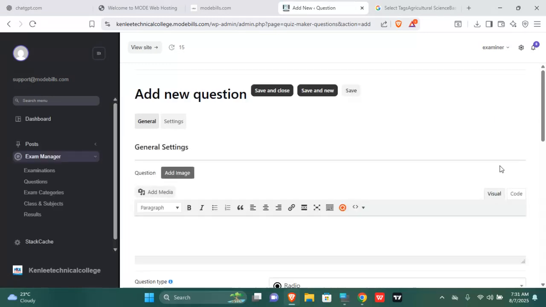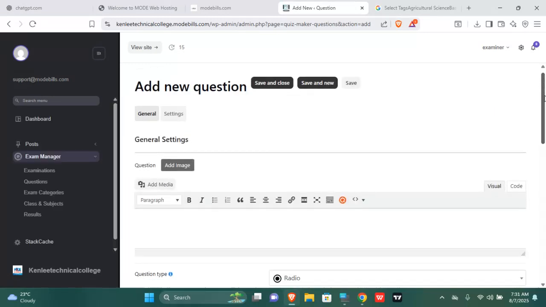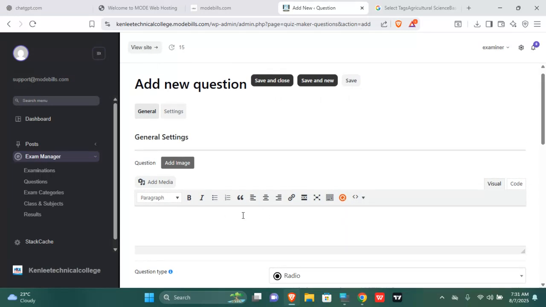Now when you touch add new, what do you do here? Here, this first box is where you put a question. So let's assume you have a question and you want under phonetics you want to ask is